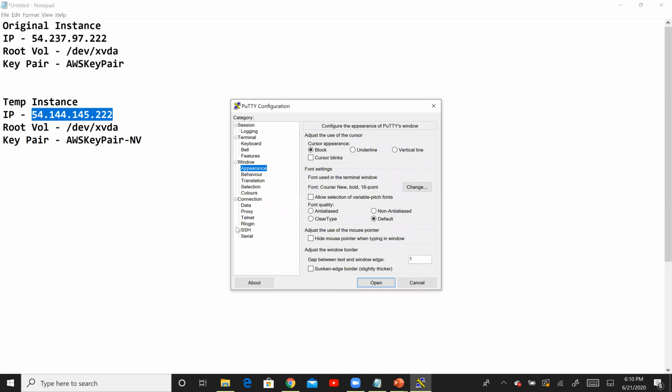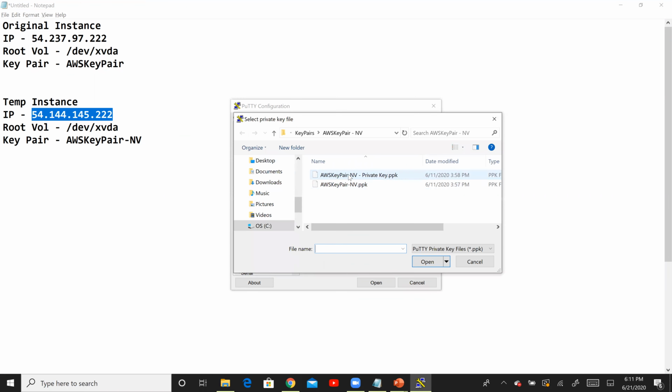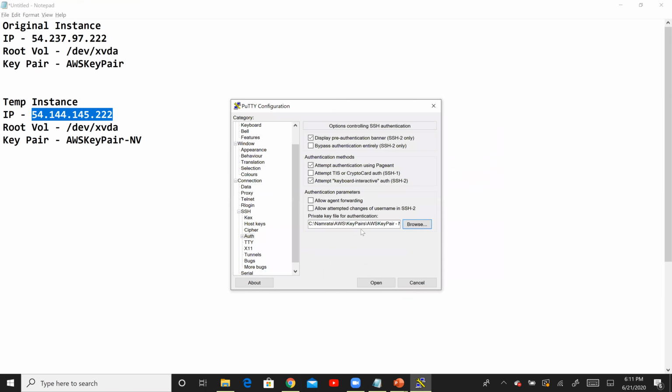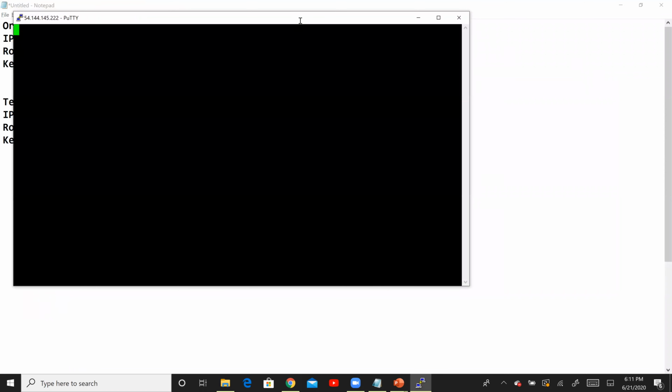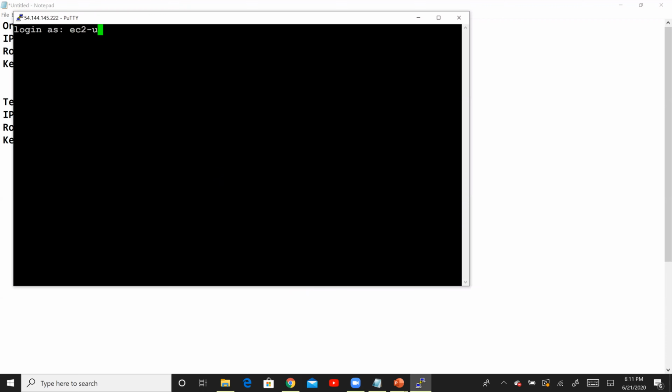And then we are going to SSH into this temp instance. Remember that we use this particular private key pair, so it's AWS key pair -NV. Click on open, say yes, and we are going to log in as ec2-user.